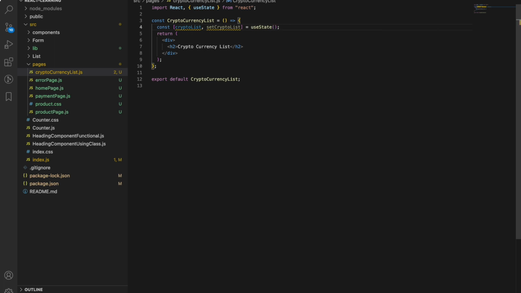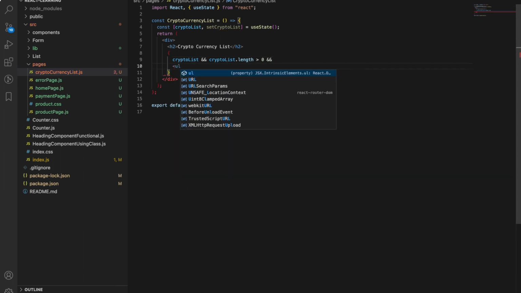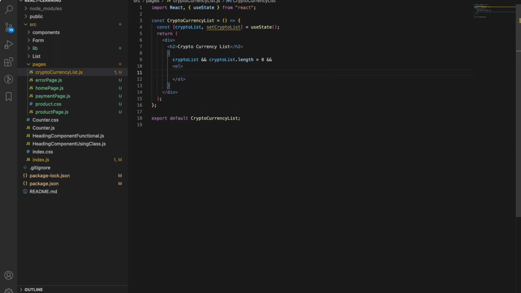Okay, and now for crypto list, what we'll do in here is, if crypto list is there, and crypto list dot length is greater than 0, then only we will create an ordered list, inside which we will keep some LIs. Okay, inside which we will create